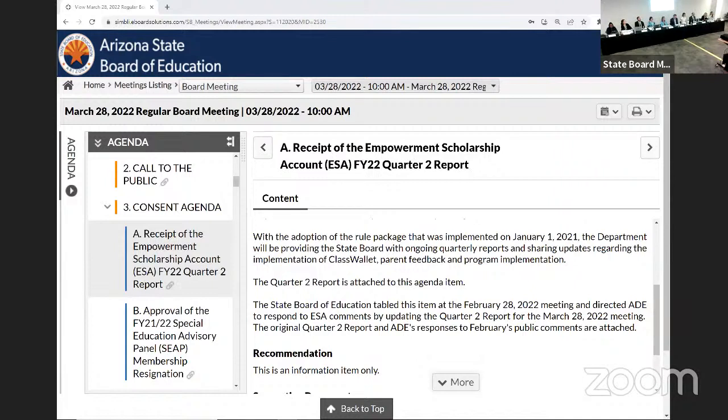Okay, and I am satisfied. I guess my question is, should we wait to approve this report till we get that settled, or does it matter? Vice President Burton, members, I think that because your vote today on this agenda item is just to accept the receipt of the Empowerment Scholarship account for Q2, it would be best to just accept the report,